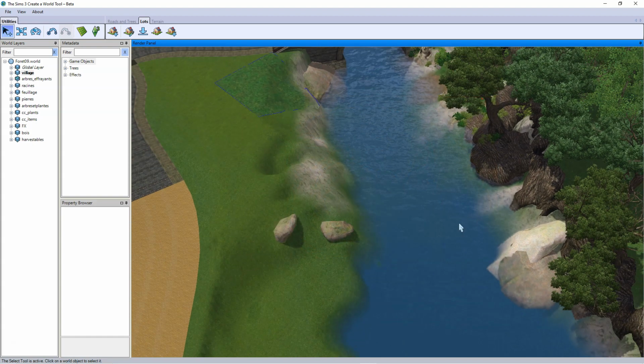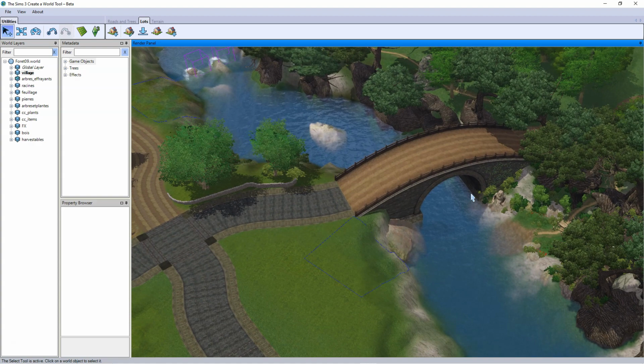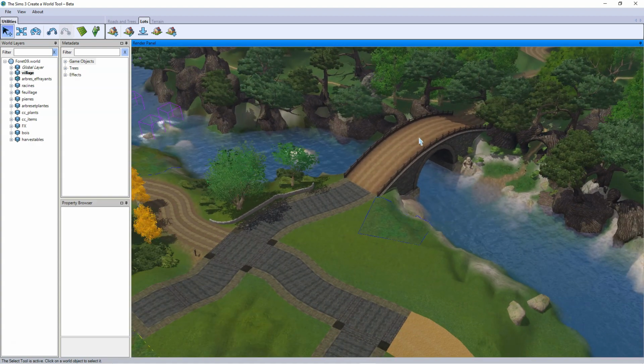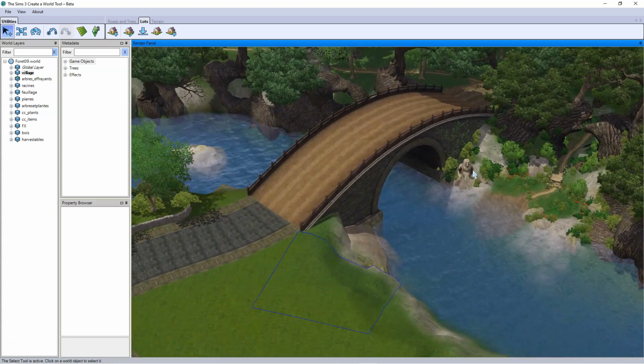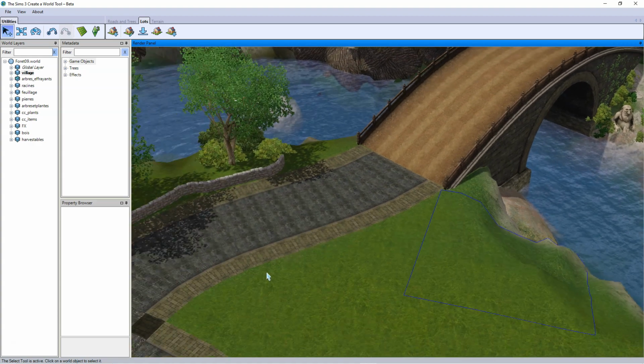It doesn't work. I'm struggling with it quite a bit. So don't mind the textures, I'm going to change them. It's just kind of placeholders. So I've already recolored the bridge here, but I'm thinking I'm going to go with more of a